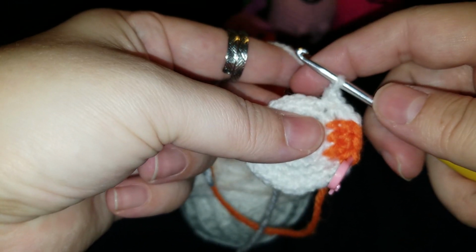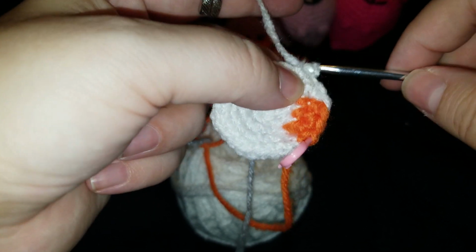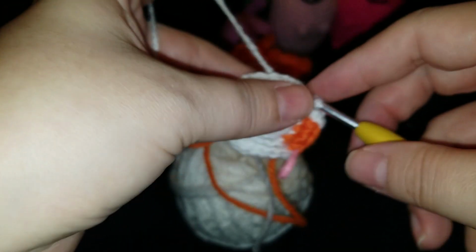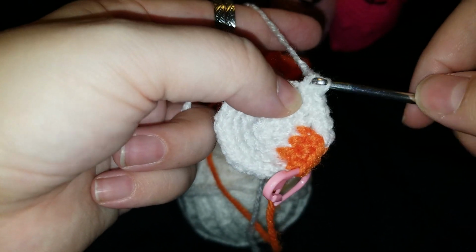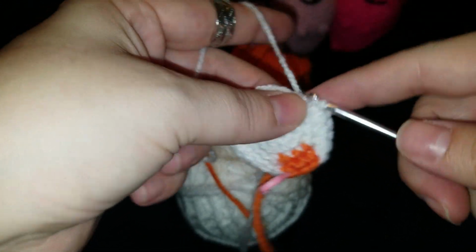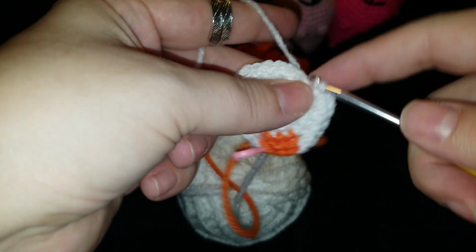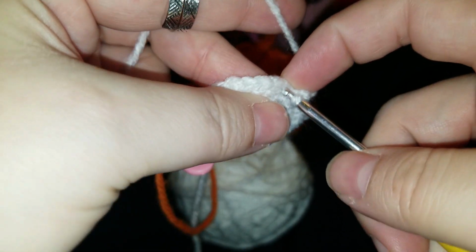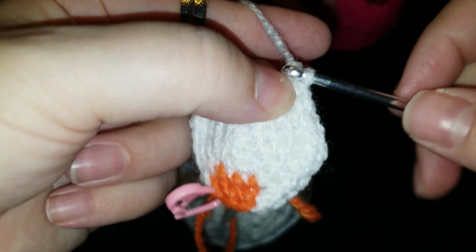1, 2. Whoops. Didn't mean to put that in the same stitch. 1. Wait. That's 2. Yeah, I'm doing this right. Oh my gosh, I am so excited because it's working out really well. 2, 3, and we do a double. Three, got our 2,